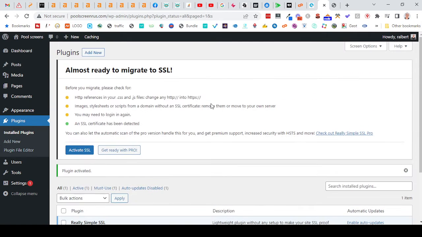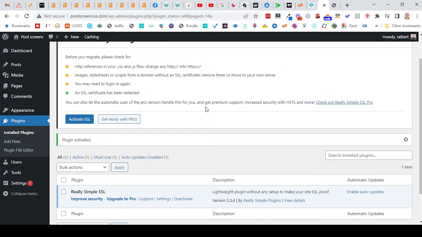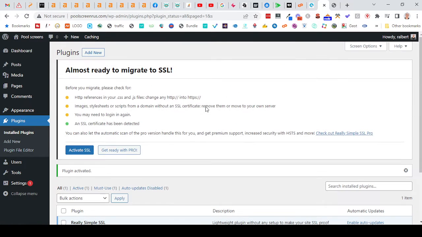And so if this was not a new install of WordPress and you had a regular website here, I would highly recommend that you make a copy of the website itself. I'll show you how to do that in a minute, but right now we don't have an old copy of WordPress, like a website that's already built, so we can go ahead and activate the SSL,